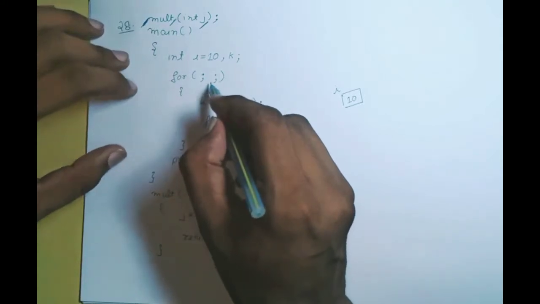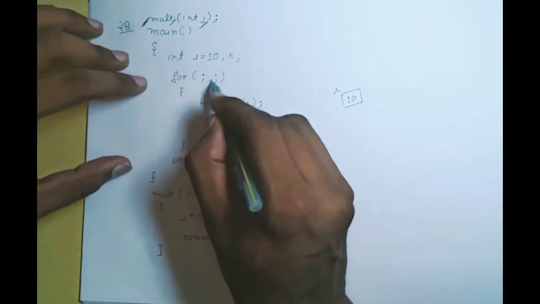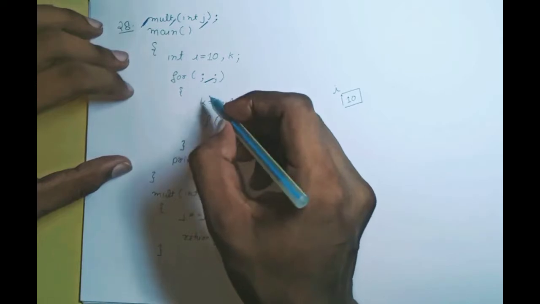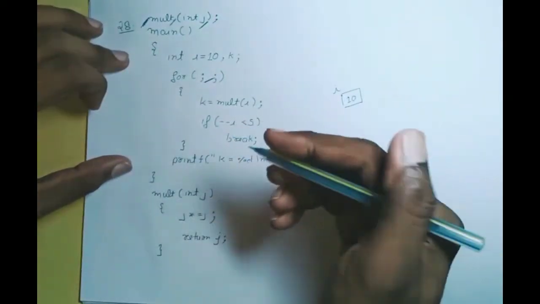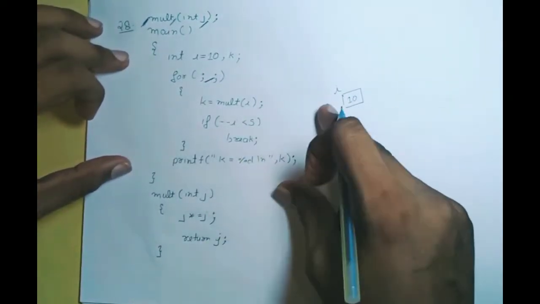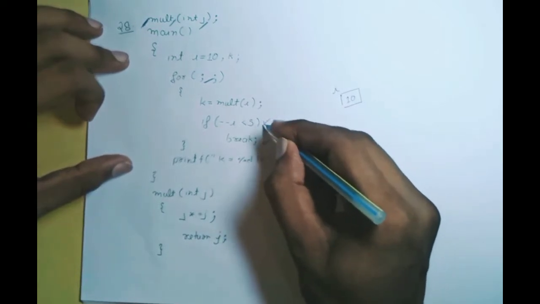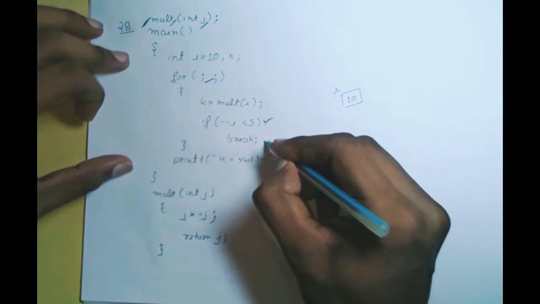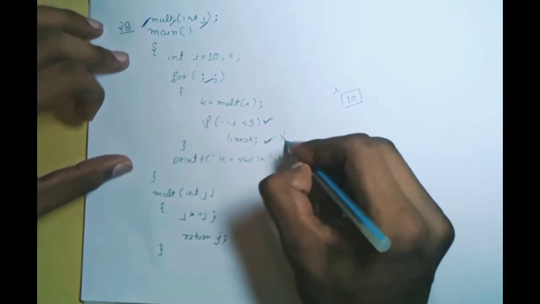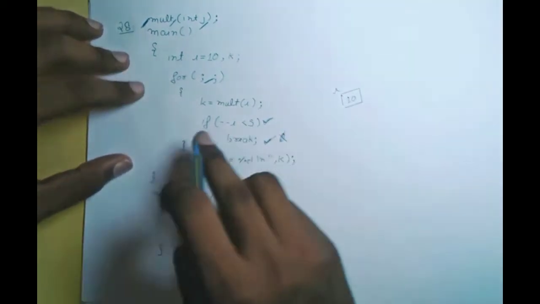As we know, when there is no termination condition in the for loop, that for loop goes infinite unless there is a break statement inside the loop. As we can see, we have a break statement which is based on a condition. When this condition is true, the break statement executes and the loop will terminate. So now let's see it.